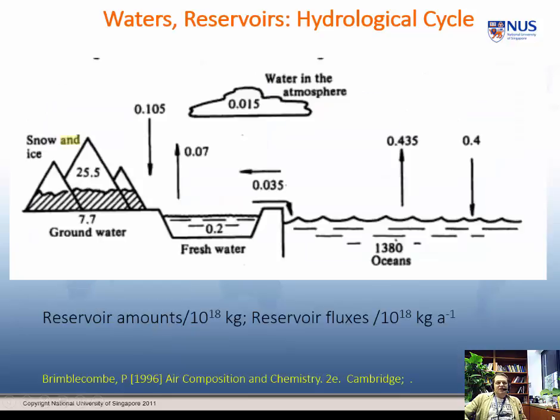Okay. And this is just a reminder, you've seen this diagram before, I think. This is a more biogeochemical diagram of the hydrological cycle you were just looking at. And again, we're going to look a little bit at box models in this lecture. You can think of this in exactly the same way as you do a mass balance for a chemical process. And anyway, we'll move on.